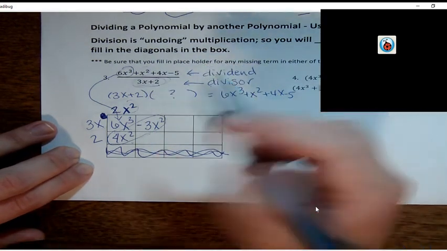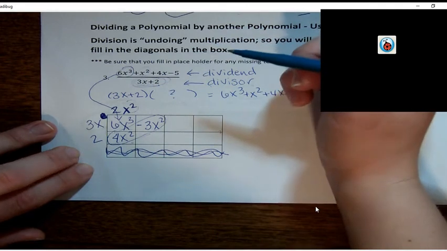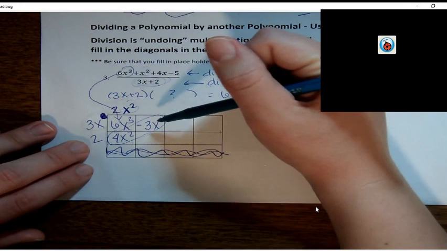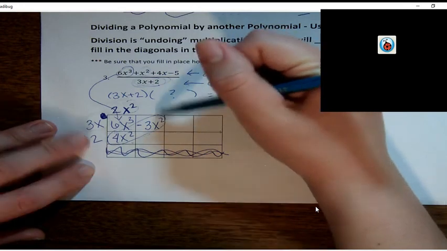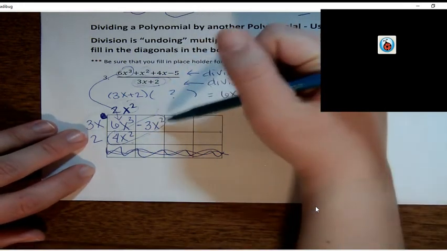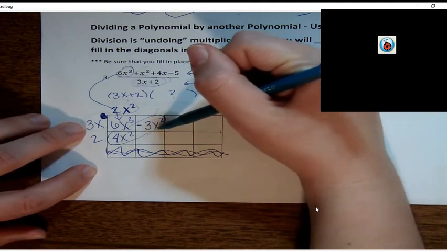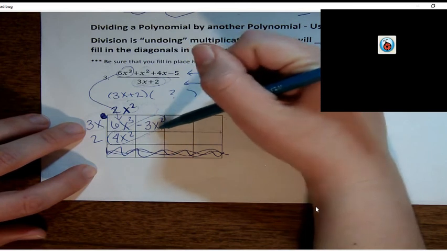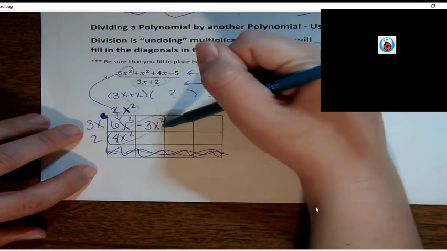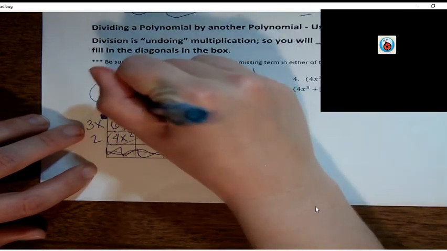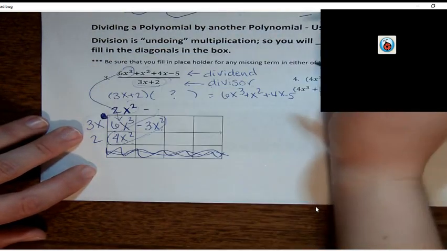Okay, so, oh man. So now I have to ask myself what I need to fill in right here. So I need to look at my value on the left, 3x, and I want to ask the question, how did I get this negative 3x squared? Well, first of all, this is negative. So whatever is up here has to be negative. Okay, so then I have one